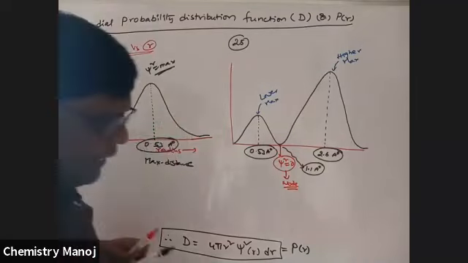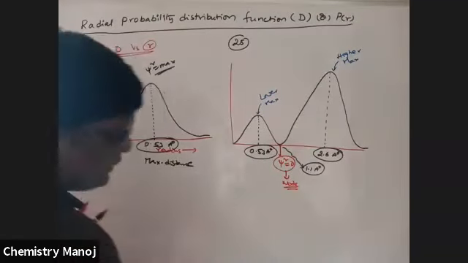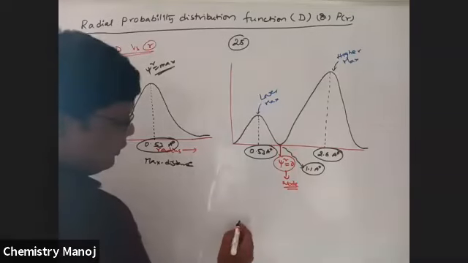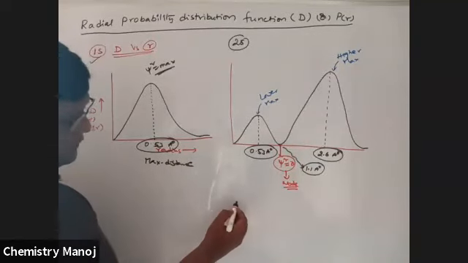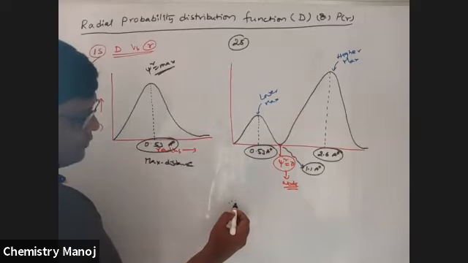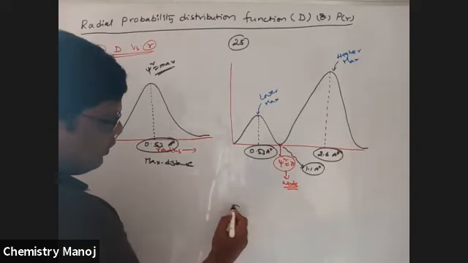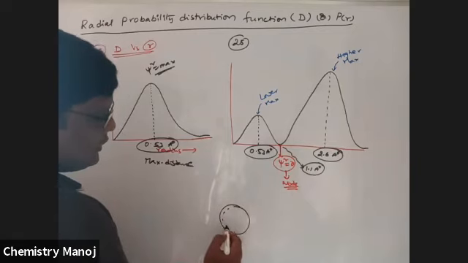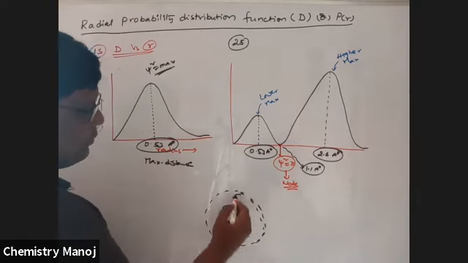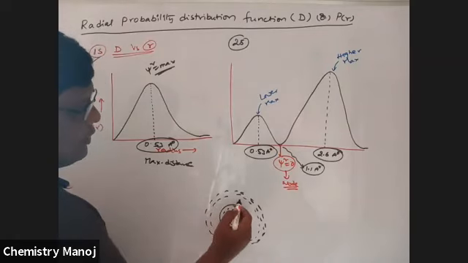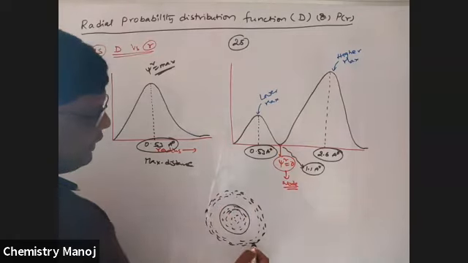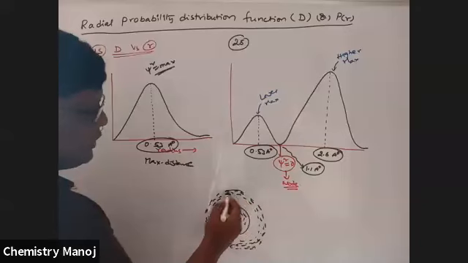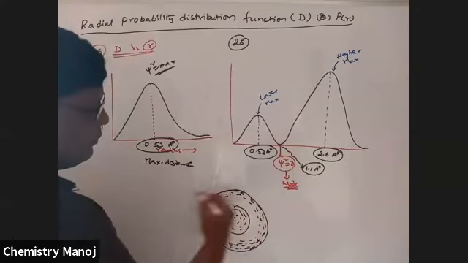Sir, how is this? See here. I am going to draw the 2s orbital, with orbitals in dotted lines. So s orbitals are spherical in shape. This is the 1s orbital. The 2s orbital is something more in size. In these dotted lines, all the dots are electron density. That is the position where the electron is available. This is the boundary surface for the 2s orbital.